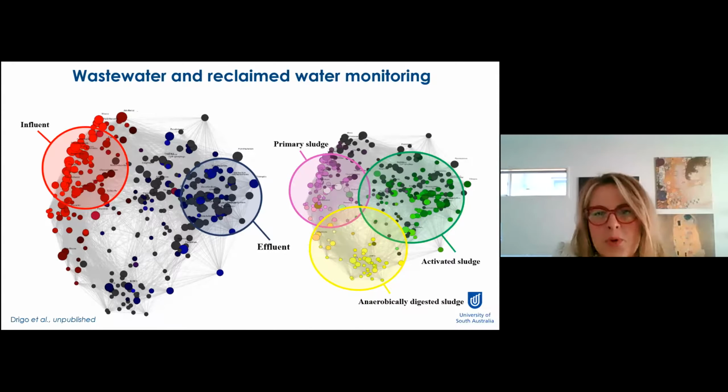So, wastewater contains a highly complex mixture of microorganisms. Here in this slide is an example of a bacterial network. Each dot represents a different genus of bacteria, and you can see that the influent in red and the effluent in blue have characteristically different microbial communities, whilst the sludges, anaerobically digested, primary sludge, and activated sludge, share a